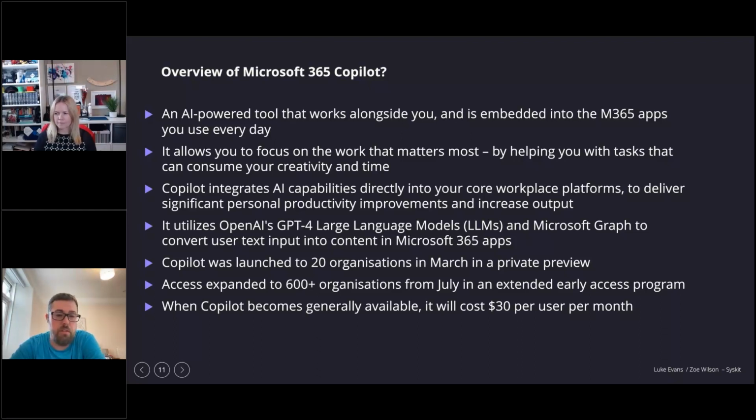Copilot was, and this pains me, these next two points are frustrating for me, but it was launched in preview to 20 organizations in March 2023, and it's been expanded to 600-plus organizations from July in an extended early access program. Now, Zoe is very fortunate she actually has this. And I think one of the hottest topics, which I left on the bottom point but I'll probably transfer to Zoe in a minute, is that it will cost $30 per user per month, and I think the pitch from the MS side is